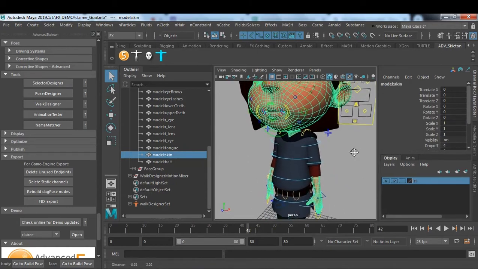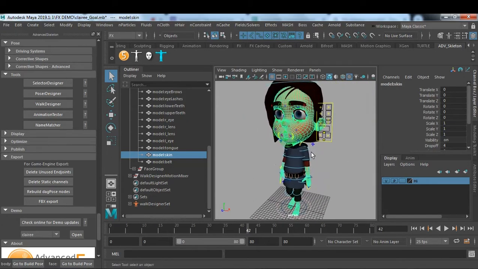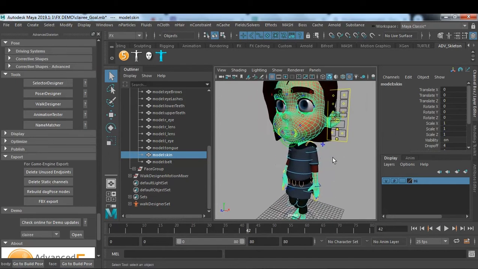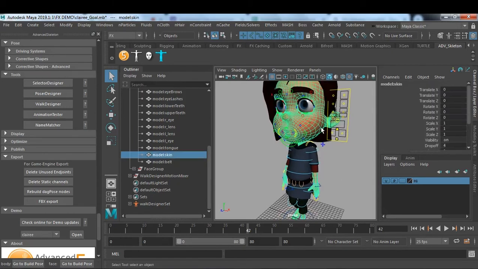So I think we can apply on this. Basically we need a particle system on these particular vertices. First we are going to apply the emitter on the skin surface.